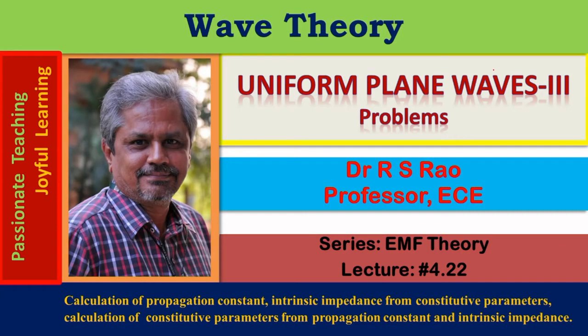Wave theory, problems on uniform plane waves, series on electromagnetic field theory, lecture number 4.22. Uniform plane wave is an important class of electromagnetic waves. It is associated with certain properties like E, H, and direction of propagation forming a right-handed vector system, E to H ratio being equal to the intrinsic impedance of the medium eta, E square by 2 eta being equal to power flow, and